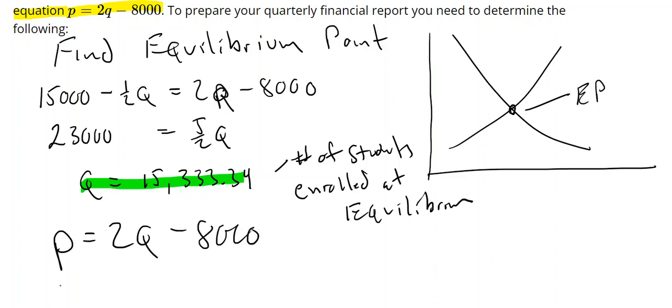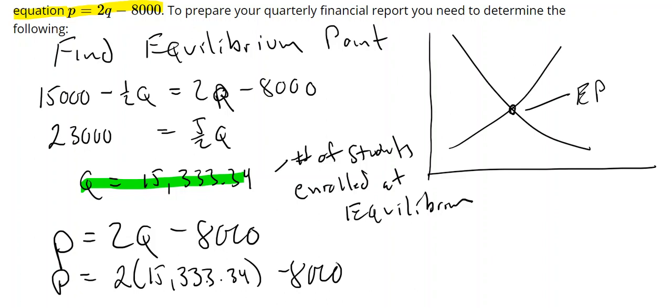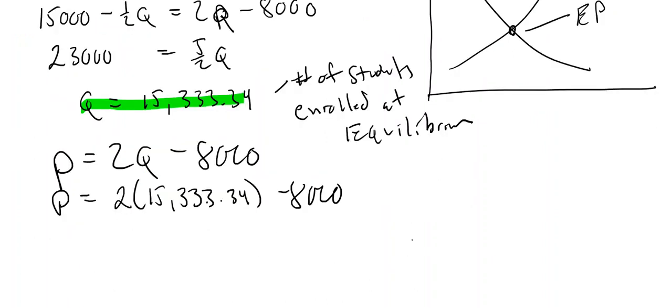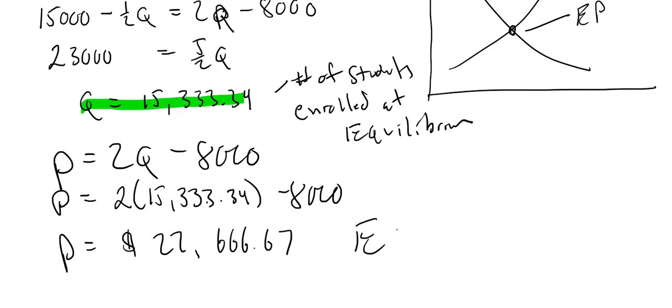And so the price is 2 times 15,333.34 minus 8,000. And so the equilibrium price, or tuition, is going to be 22,666.67. So this is the equilibrium tuition,